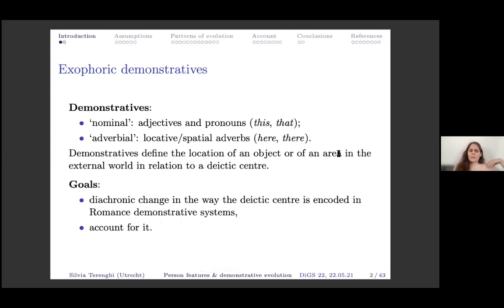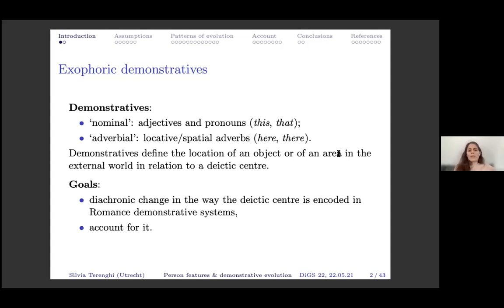And by demonstratives, I talk about demonstratives as being nominal or adverbial, as a disclaimer here. So nominal demonstratives are just adjectives and pronouns, so this and that. And then I call locative or spatial adverbs adverbial demonstratives, such as here and there. And specifically, I will be focusing on demonstratives in their exophoric function. So when they're used to define the location of a referent in the external world in relation to a deictic